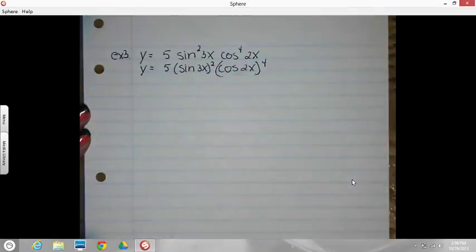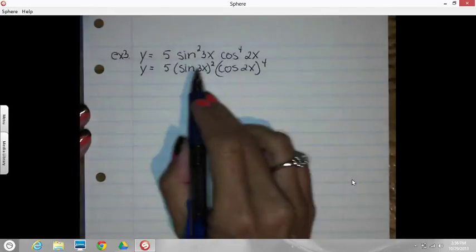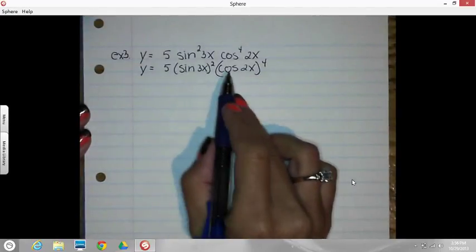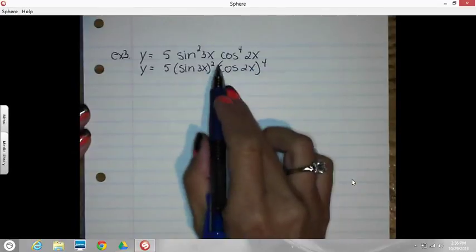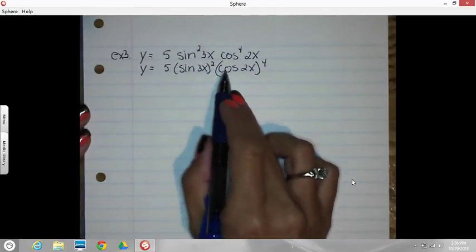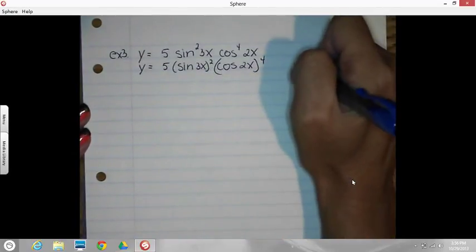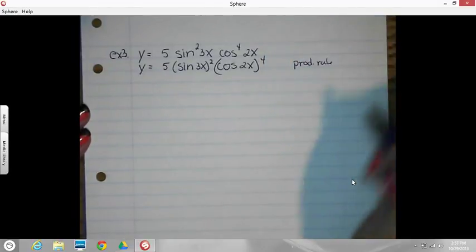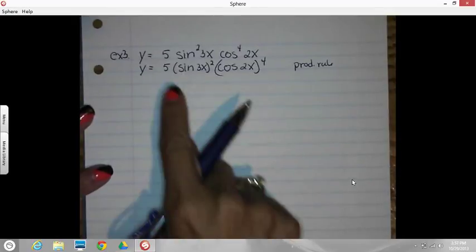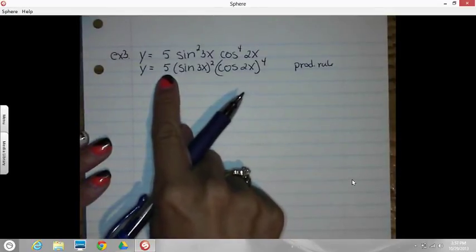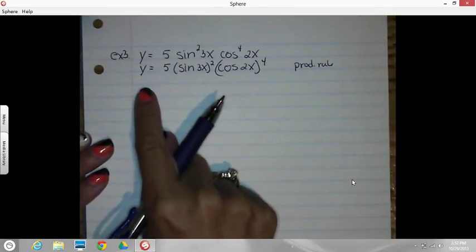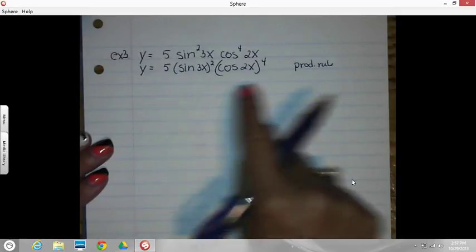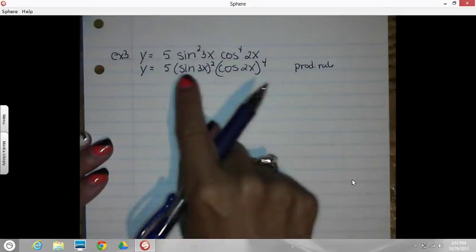to the 4th. So I see this as an x term times another x term. I don't care if it's to the power, but the x term times another x term tells me product rule. Okay, now the 5 multiplier. You have an option. You could put the 5 out in front of the product rule with parentheses around the whole thing, or you can include the 5 as part of